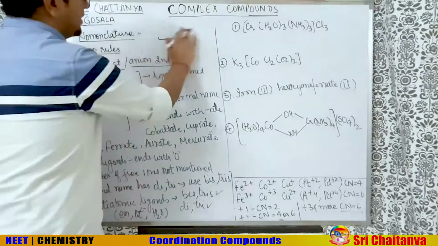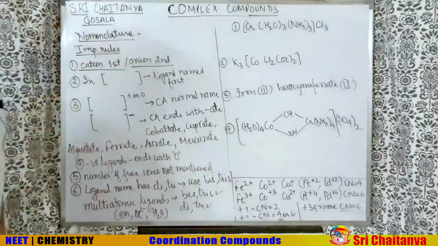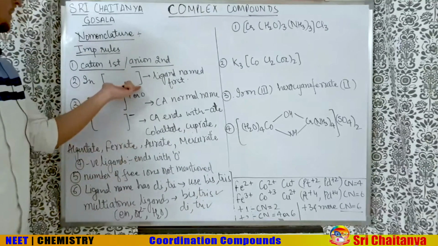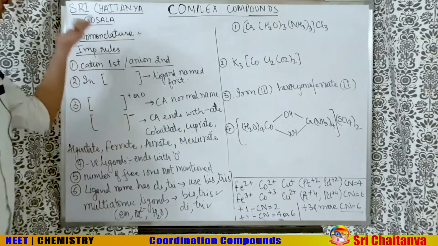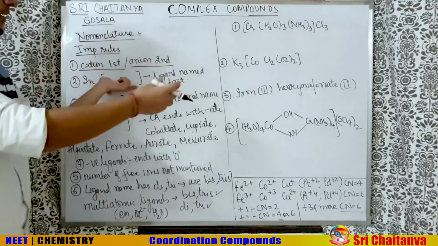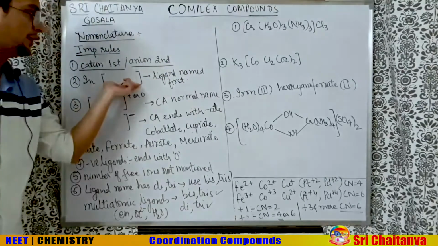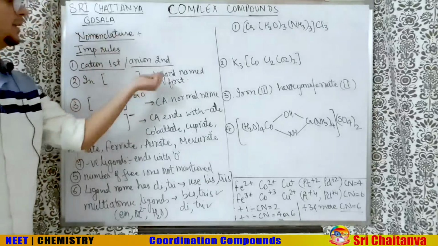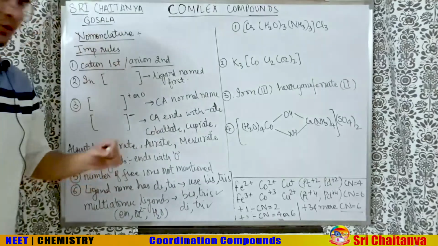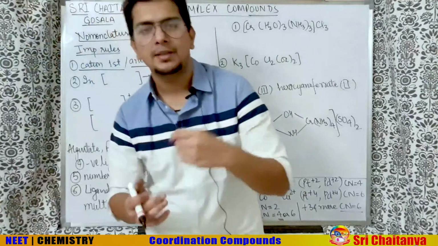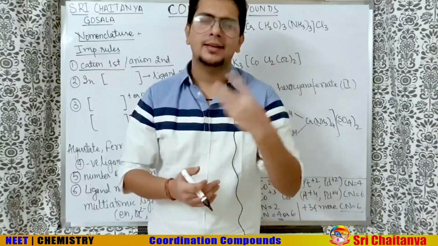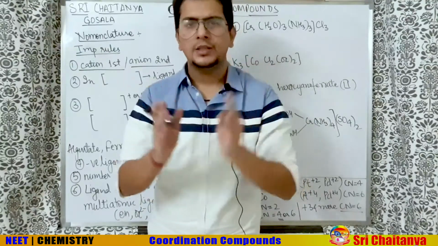Now we understood in the previous segment of the video that your cation or anion can be complex also. That means this box can have a positive or negative charge. So whether you name the box first or second depends upon whether it is a cation or anion. But when you are naming the box, inside the box the ligand will come first and the central atom will come later. Next, if there are two ligands of the same type, for example Cl2, then I will use dichlorido. If 3 are there, then tri, if 4 are there, then tetra. That is what we have to use.